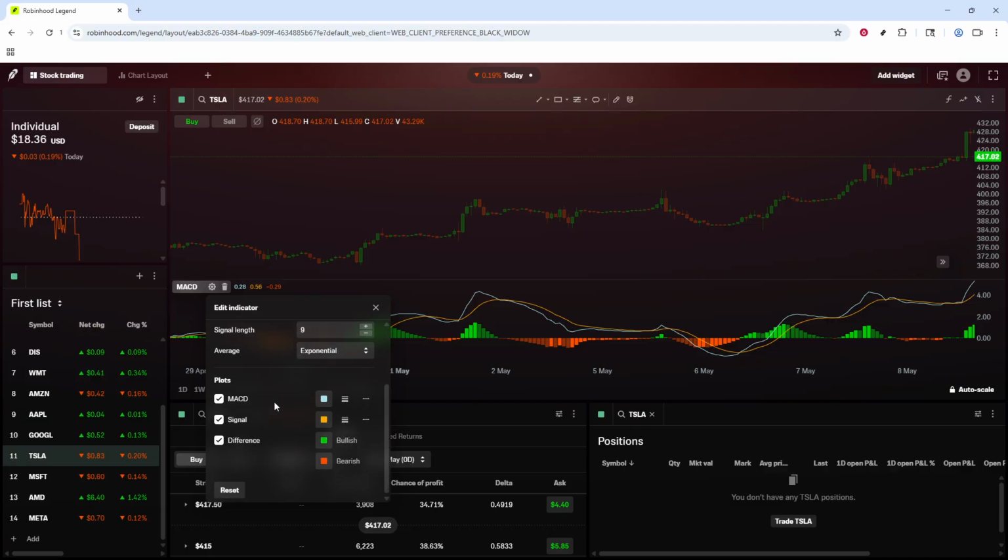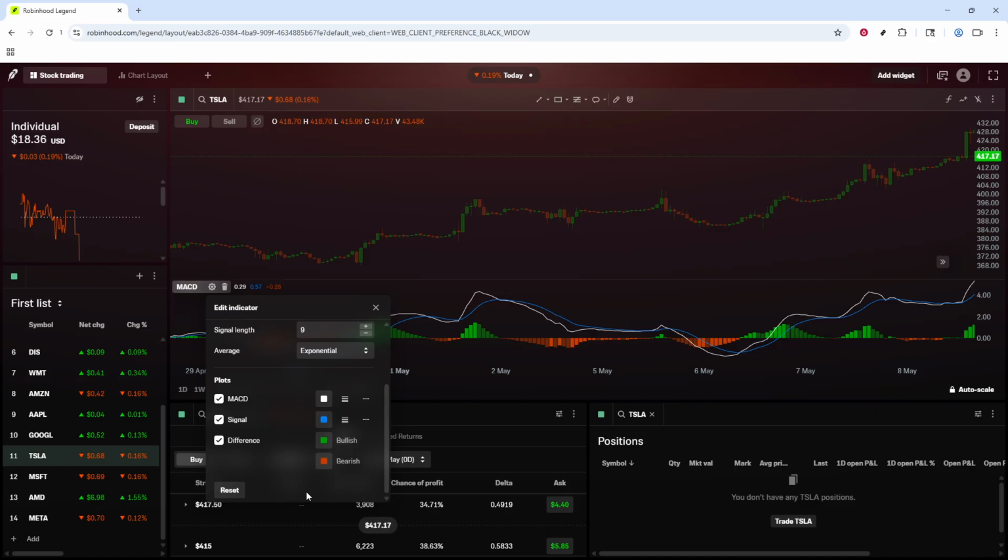Inside the Settings panel, you will see options that allow you to adjust how the indicator appears on your chart. From here, you can change the colors used for the MACD lines and histogram so they match your preferred chart style and setup. Select the colors you want and apply the changes directly from the Settings menu. As soon as you apply the changes, the MACD indicator will update automatically on the chart without needing any additional